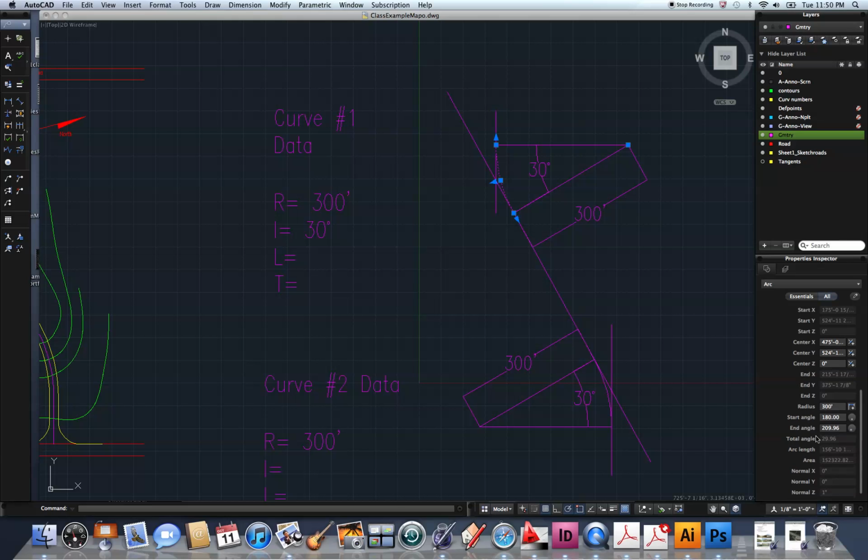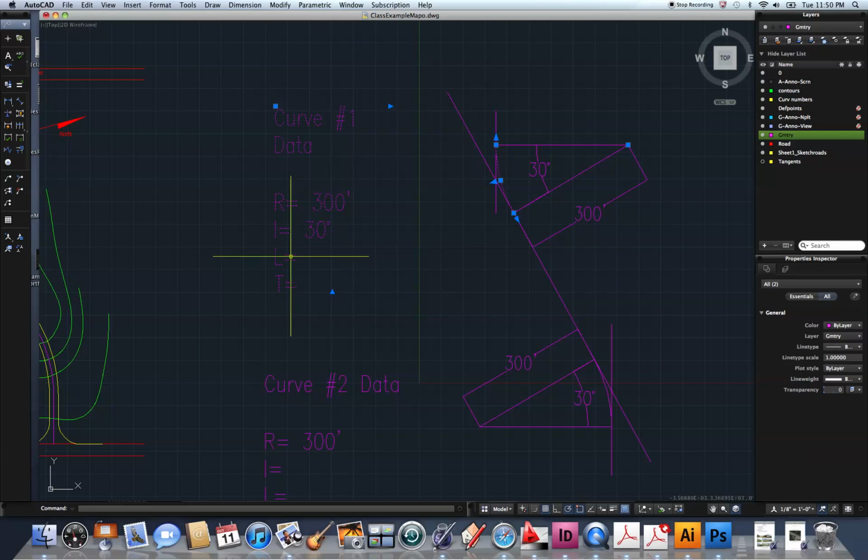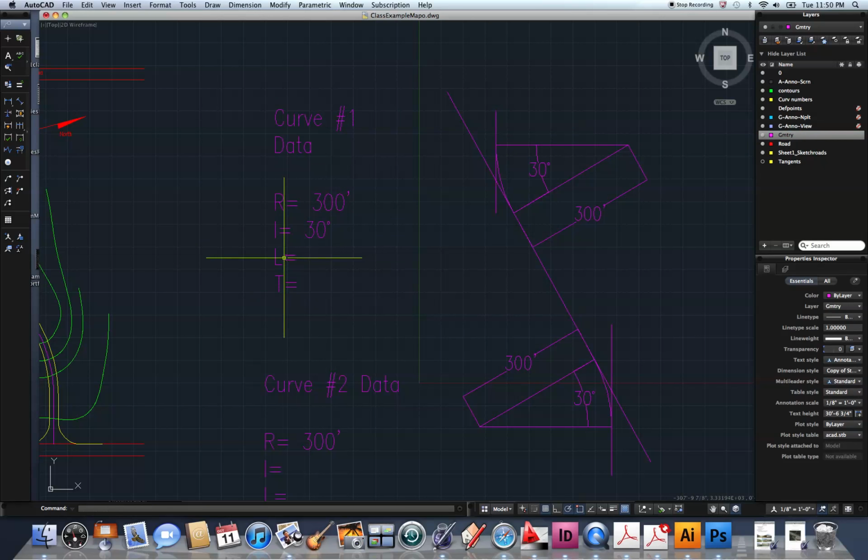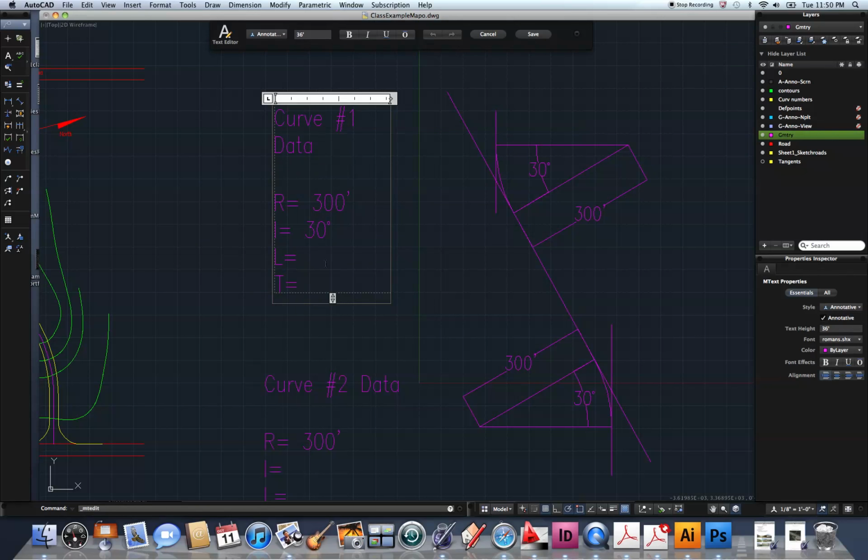So down here under arc length we have 156 feet 10 inches. So I'm going to go over here to my text menu, and this is a multi-text box, so I'm going to double click into it, and I'm going to enter 156 feet 10 inches,